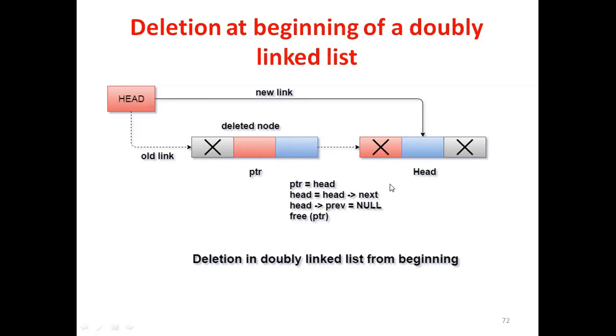and then this field. Okay, so this field will be null value, because this will be the first node now. So this previous field of the first node will be the null value. So that is done here. Head arrow previous equals to null, right? And then after that we can just free the memory that is allocated to the previous first node. Okay, so this one free ptr. So this way we can delete this first node.